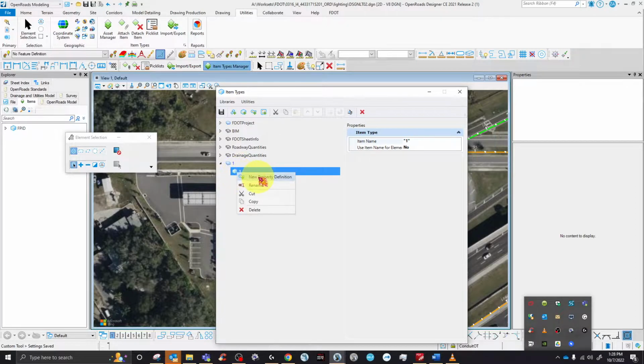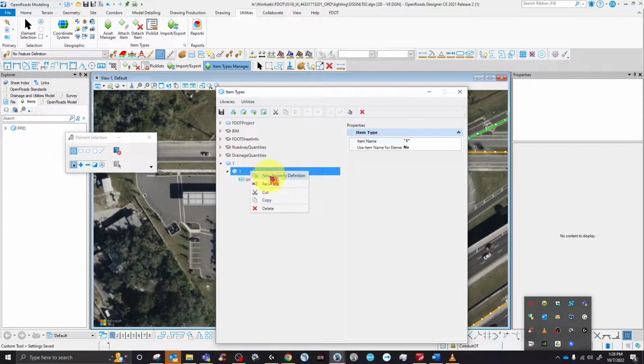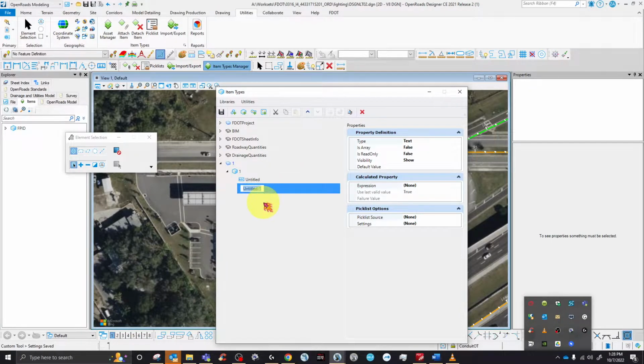Come to your box and right click and add property definitions. Add the first one, I will change it later, and then add the second one. So we have 2 of them. And also order is important. Up top, we're going to rename it, and we're going to name it pay item number. Copy, paste, pay item number, and enter. You do not need to change anything here. And then go to the other one